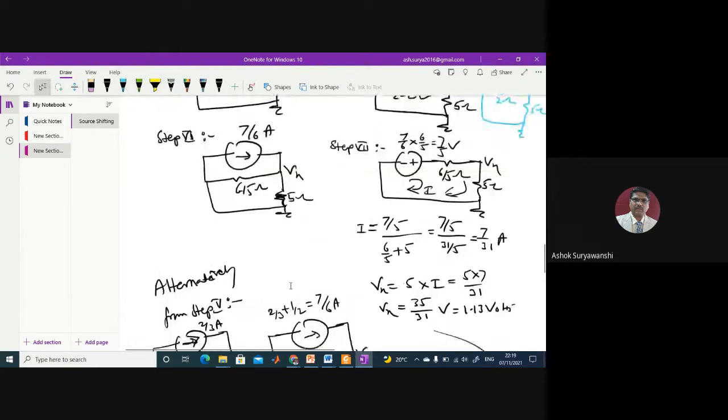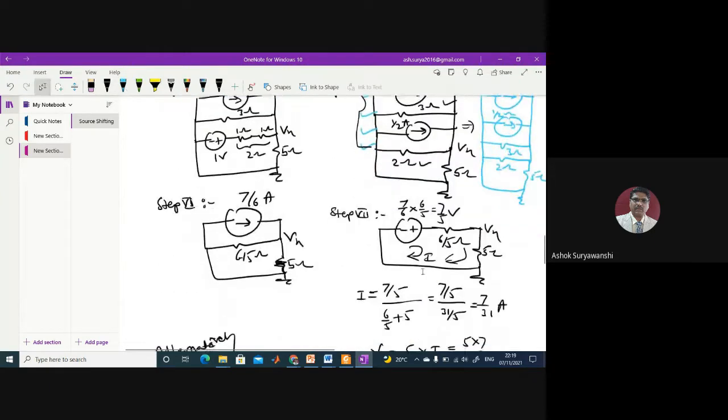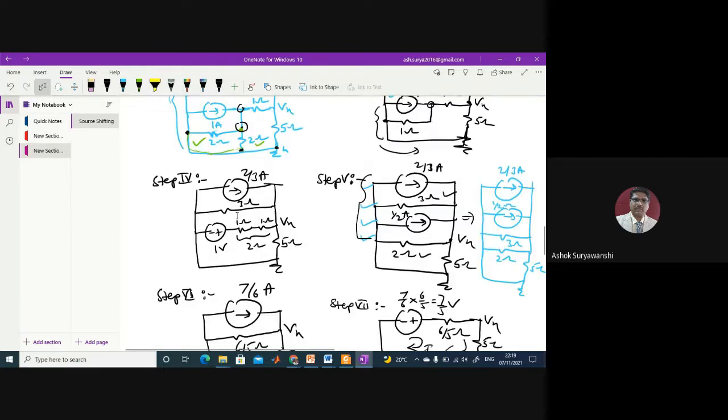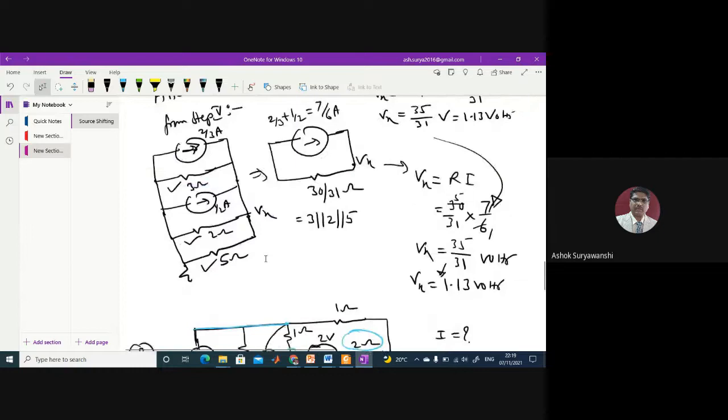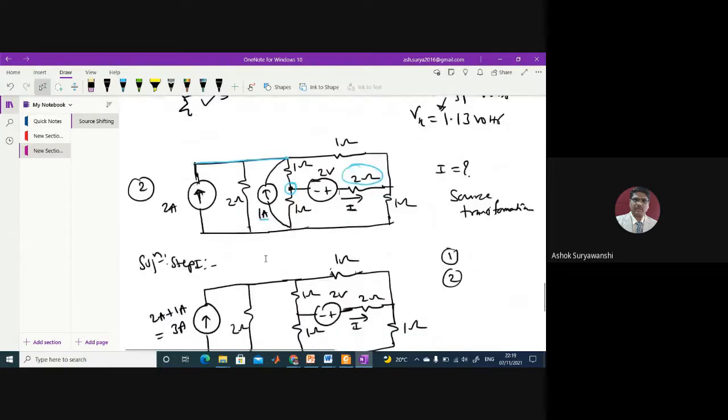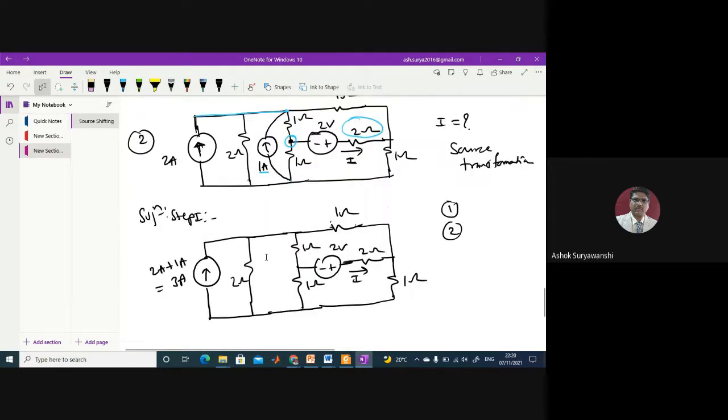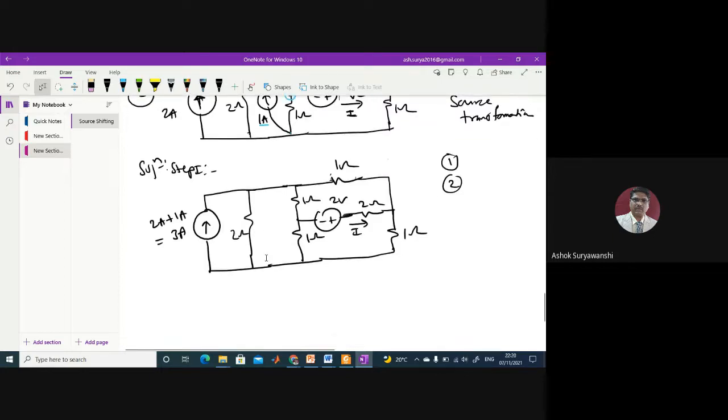Here you can see I kept the 5 ohm resistor as it is till the end of the solution. I did not disturb this Vx, 5 ohm and ground, as it was shown in the given diagram, because Vx is across the 5 ohm resistor with respect to ground. So this 2 ohm is the hero, and that hero should be there till the end of the movie. As in movies, a director is there, so as you are solving problems here, you are the director of this one. Just to remember this particular kind of problem, I shared that.